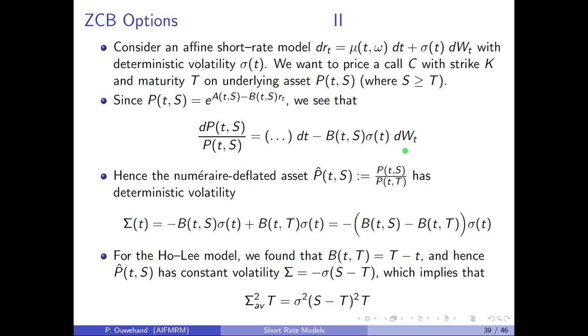If we now deflate the S bond using the T bond as numeraire, then the volatility of P hat will be the difference of the volatility of the S bond and the T bond. In other words, it will have a deterministic volatility given as follows. We can now apply the formula on the previous slide to price the call option on the S bond with maturity capital T. Now for the Ho-Lee model, we found the following expression for capital B, and hence P hat has a constant volatility,